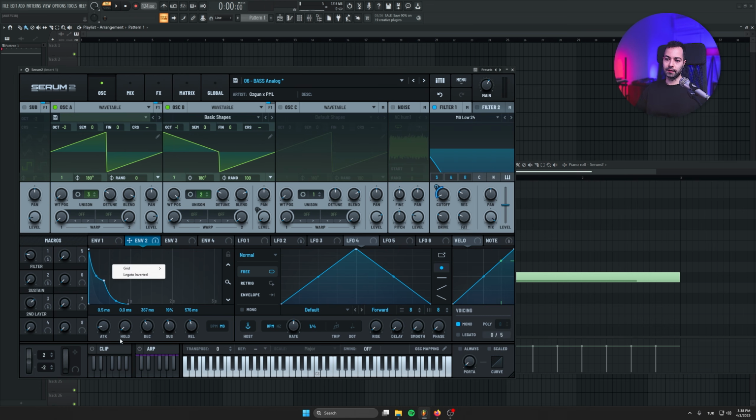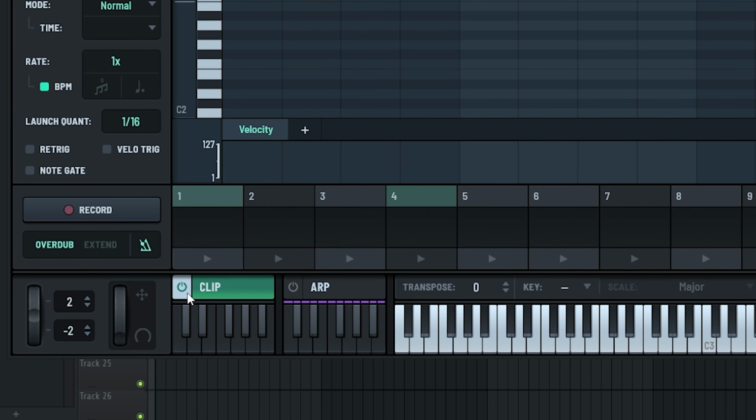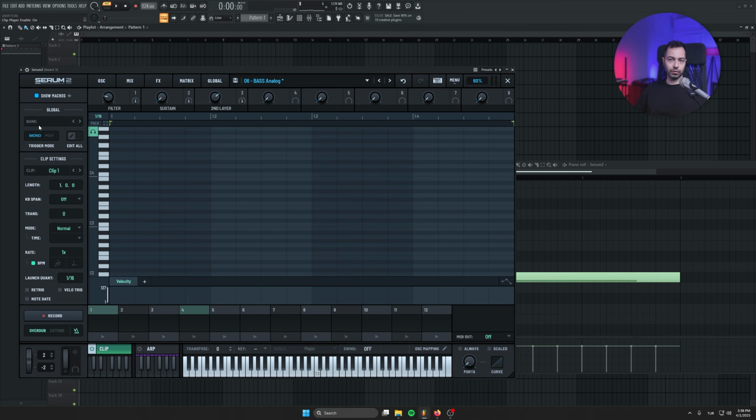Nothing, just one hit. So all we gotta do is go to clips, activate it by clicking this turn on knob. Let's go to the first clip, and all we gotta do is write the bass pattern. There are several bass patterns in Melodic Techno. In the sequence file I'm gonna share, it included 8 different patterns. So let's say you wanna create the most basic one,